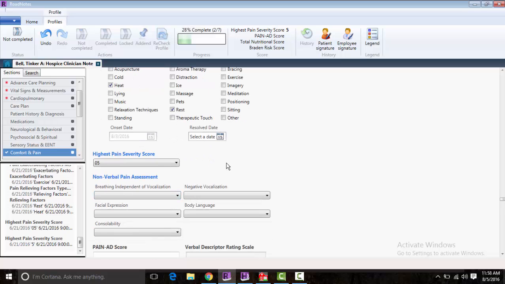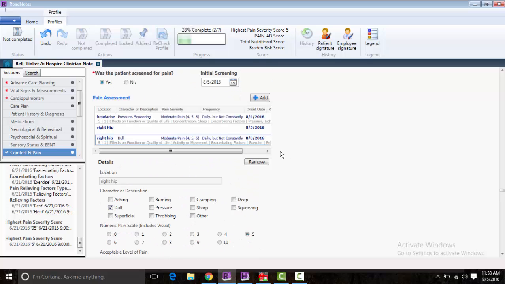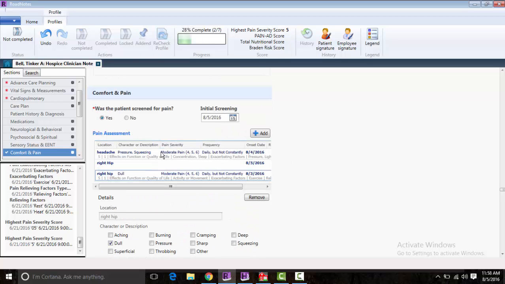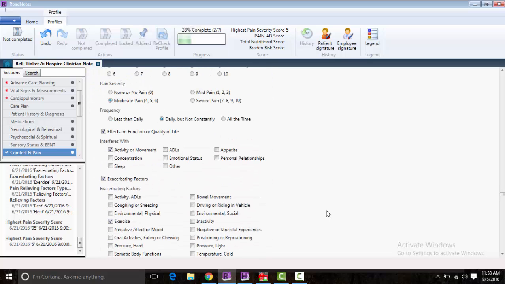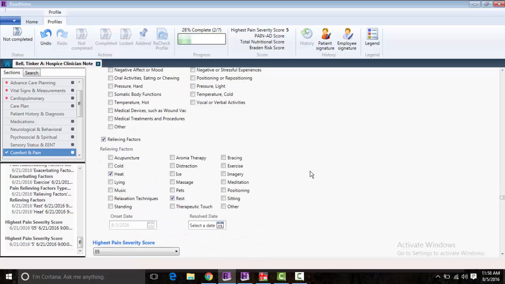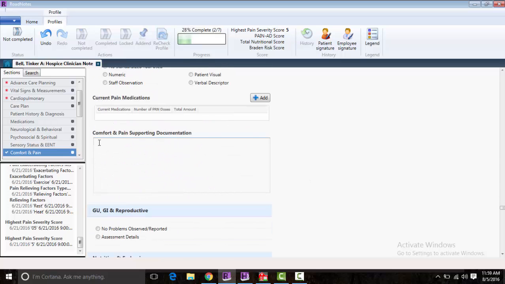Okay. So that information, once that is saved, will then filter into the table that is created showing the pain and the dates and your assessments. But this is where our individuals filling out the HIS will look to see if your comprehensive assessment was done. And then at the bottom of the pain and comfort section, you have an opportunity here to document any additional information. So if the caregiver was unable to